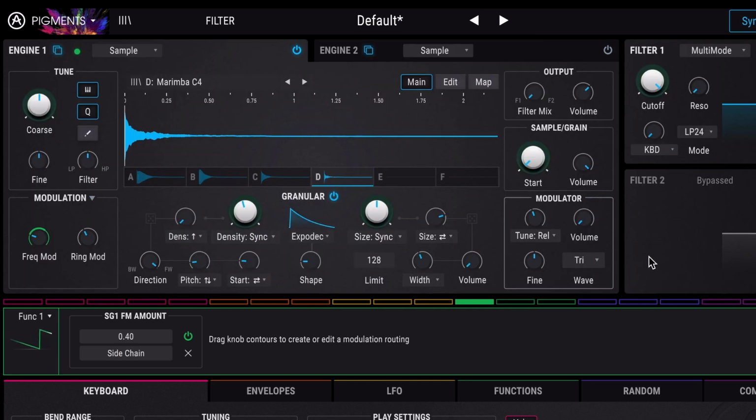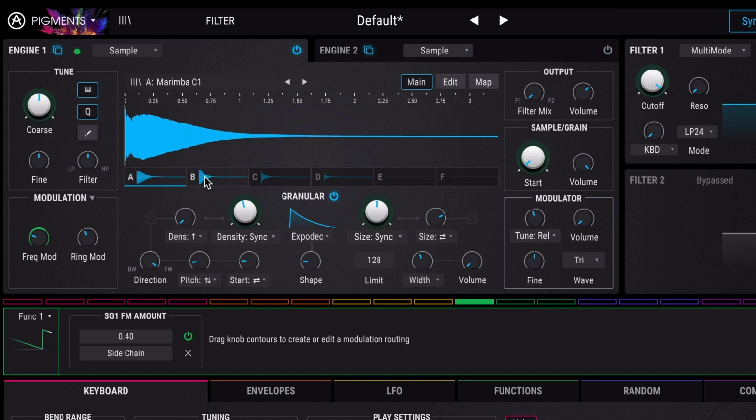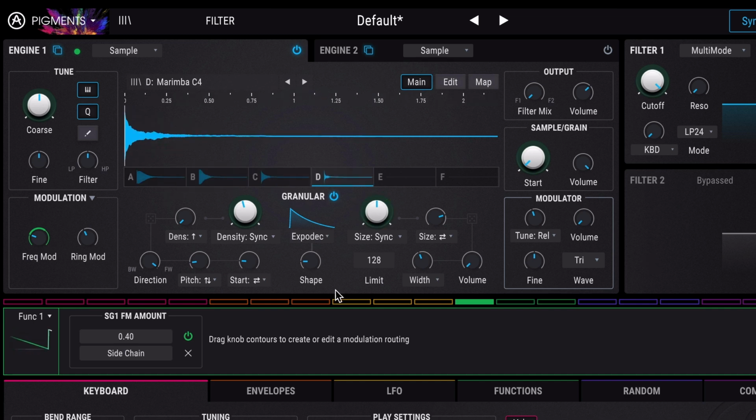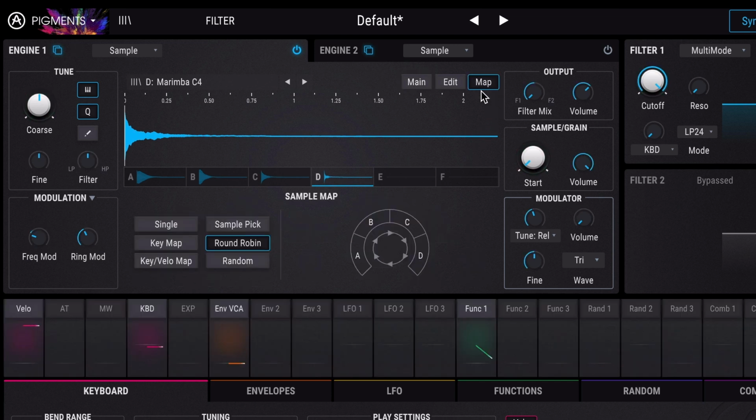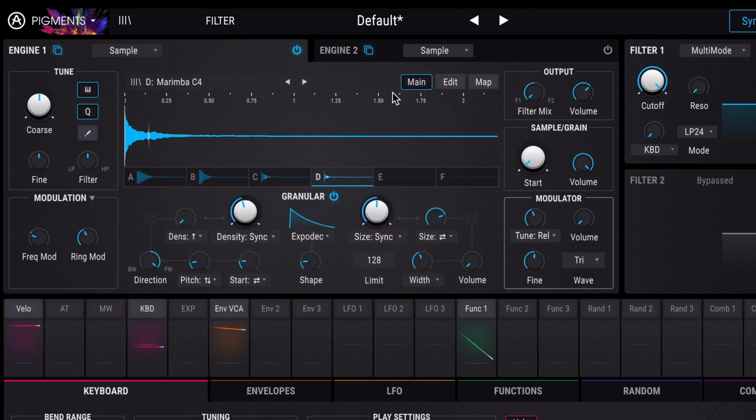So here it is. A pretty cool tribal percussive sequence made up of 4 marimba samples put through the granular engine. We've created something totally unique and interesting. Feel free to play around with different samples, sample map options, density types, and envelope shape settings to get the rhythmic feel that will suit you best.